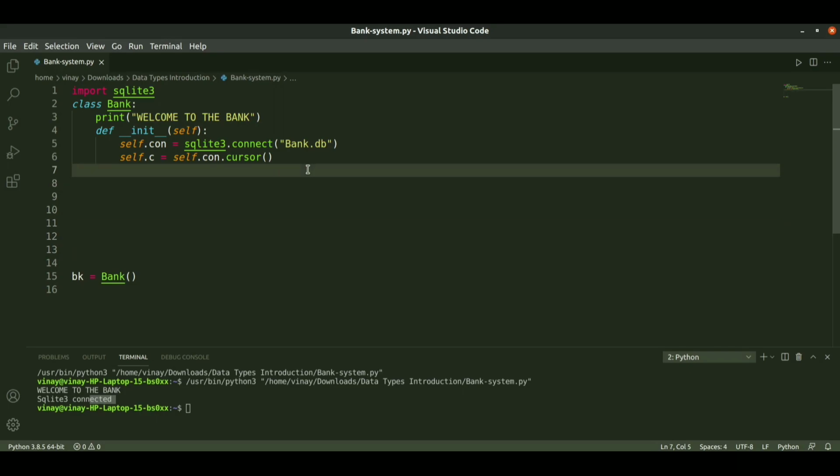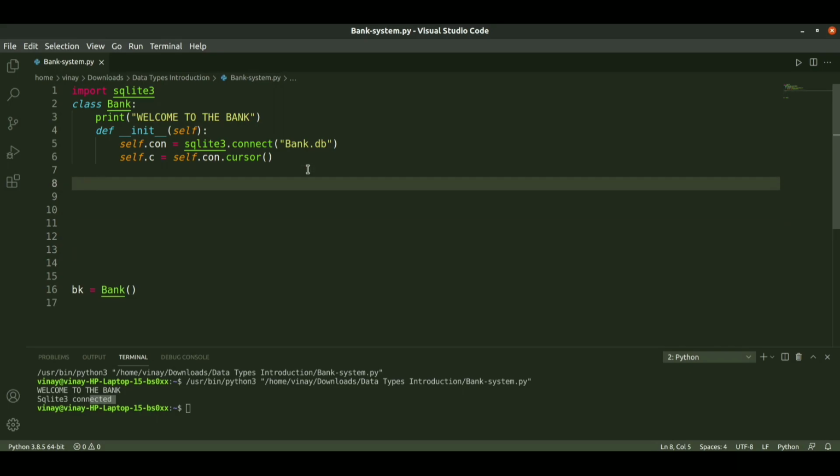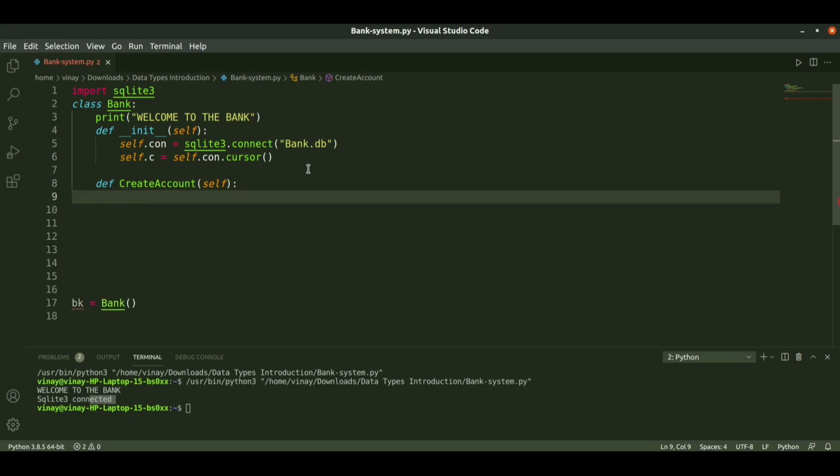Now we define a method for the new users, that is, we will create an account. We will give an option of creating an account for the new users. So we define create account, no space. We will give the method as new account and pass self.